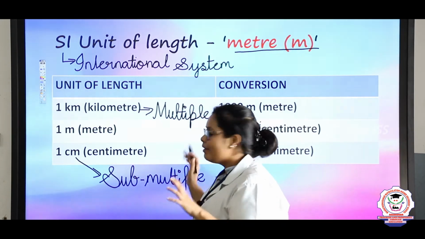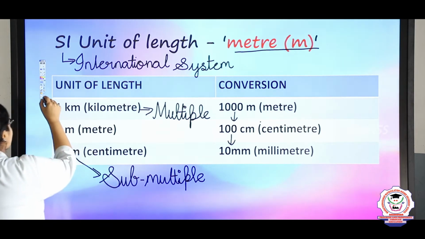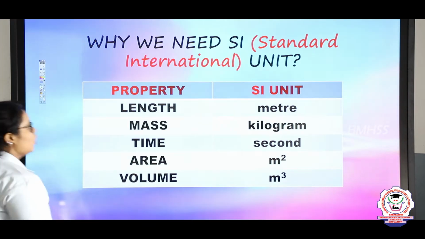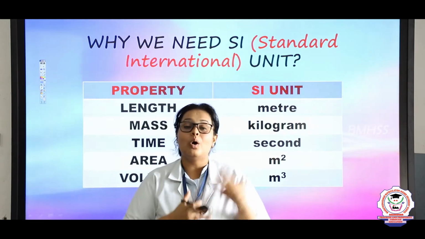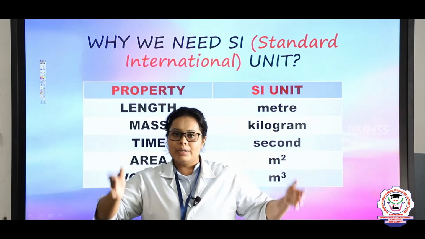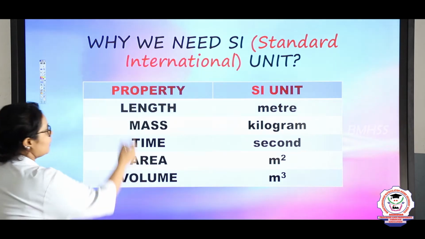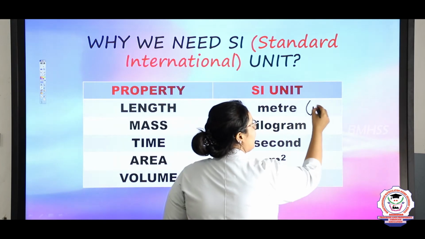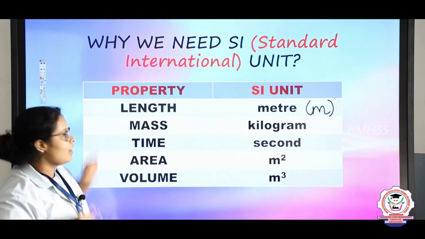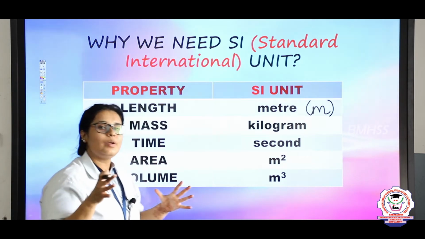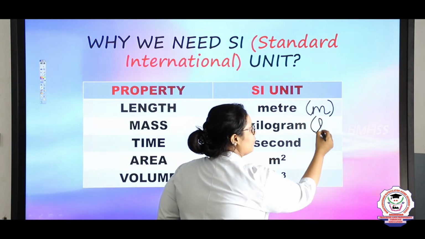Okay students, I hope you have understood till here. Now let's come to the second part. I already told you why we need the standard unit, right? A standard unit defines all the correct values, so whether it is in India, abroad or any other place, it will be fixed. In the same way, when we take length, it is measured in meters, and meter is written as m. Mass is the amount of matter inside an element. Mass is generally measured in kilograms and the symbol of kilogram is kg.